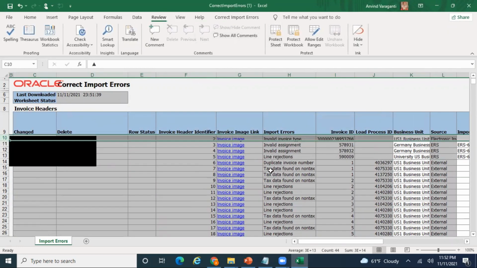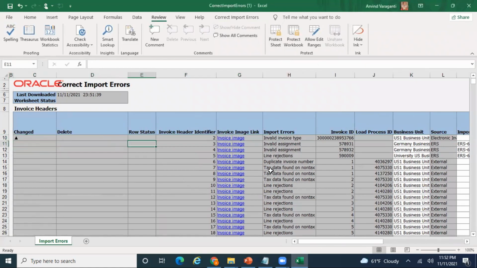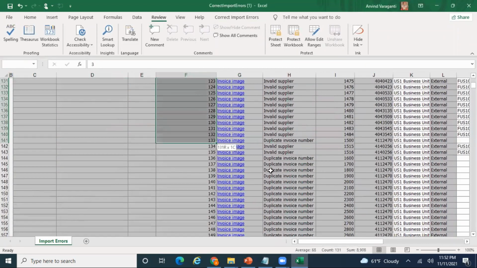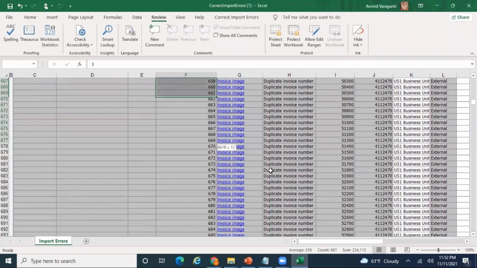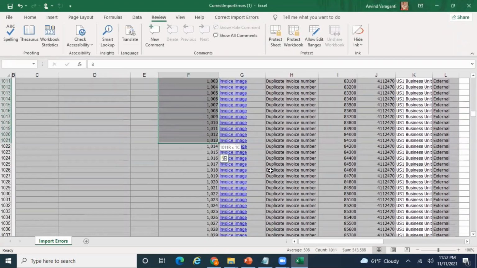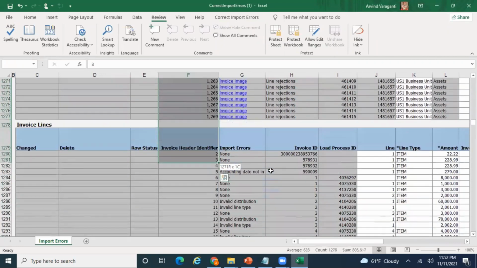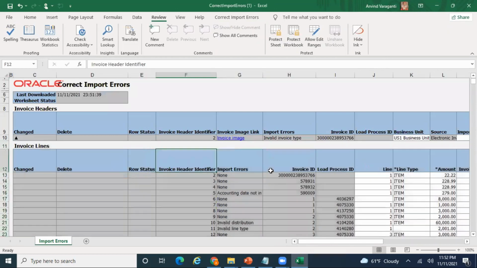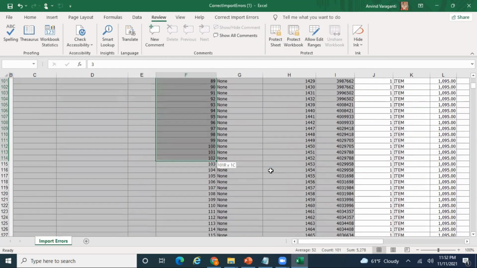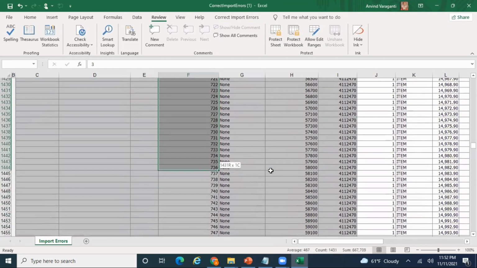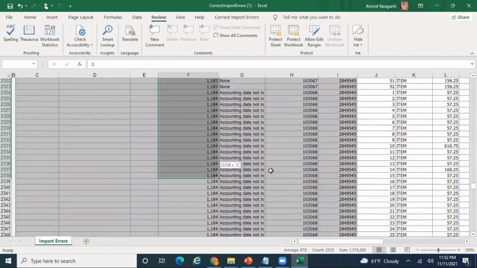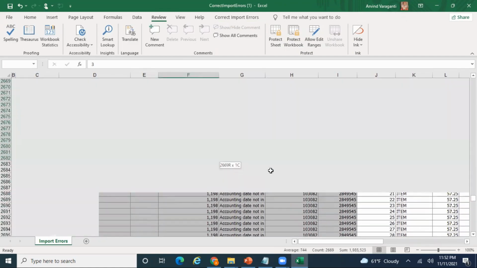Get rid of my first line, and then get rid of all other invoice headers because I'm interested only in invoice header 2. As I mentioned earlier, after deleting all the other invoice headers, I should do the same thing for the invoice lines as well. I'm interested only in the lines of header 2, so I'm just keeping that and deleting all other lines.